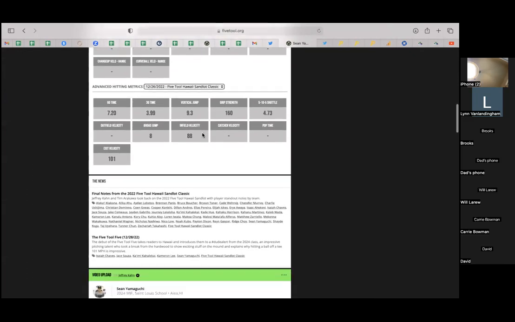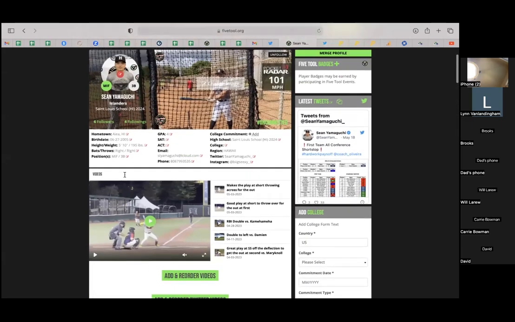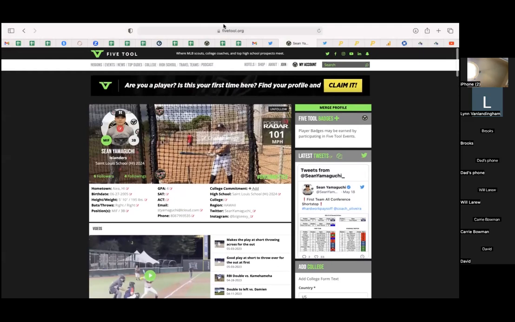Okay. All right. Correct. And, like I mentioned earlier, anytime a player gets written about by Dustin or Drew or whoever on our staff is writing articles, those will get housed here as well. So anytime we've highlighted these players, it gets displayed on this page. And that's really the goal, to make sure that every time a player's doing something good, we get it on this page. So when it's sent to a college, they're seeing it all in one spot.